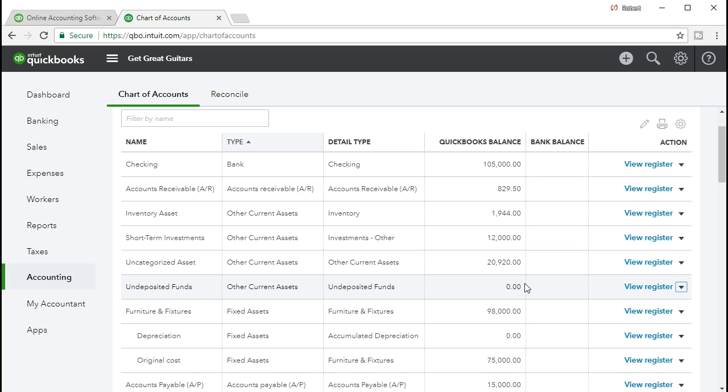That is probably actually the most proper way to do this, because then you have the paper trail of what we did before and we have what happened now. What we're going to do though is what QuickBooks allows us to do, and try to go back in there and see if we can adjust the entries that made up this 20,920